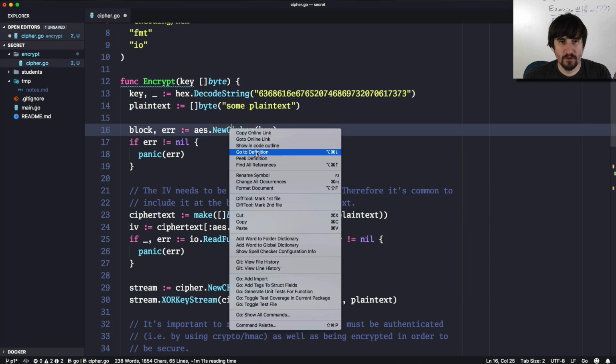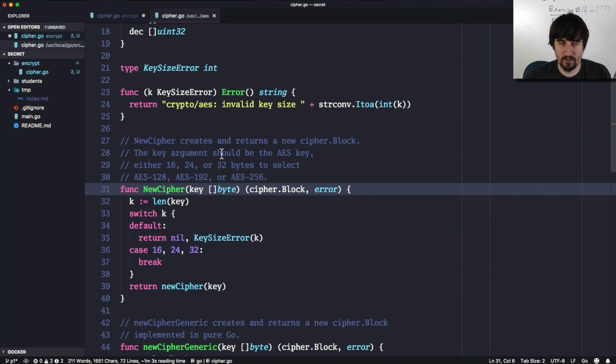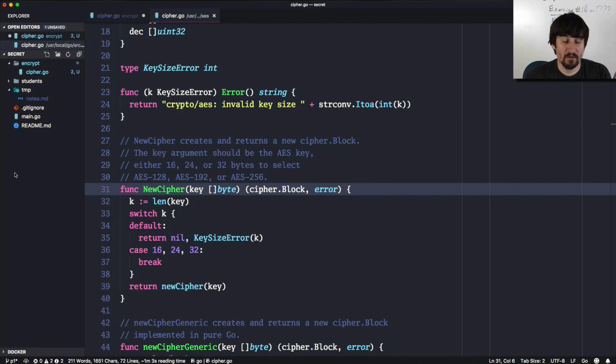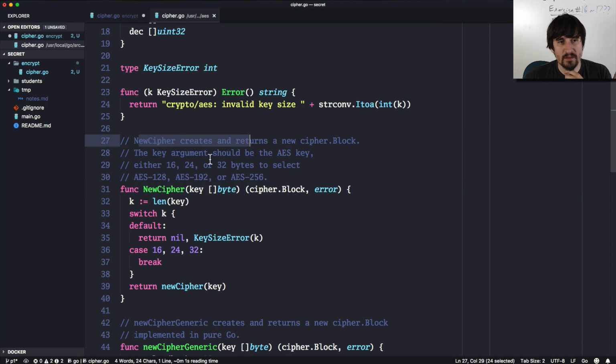I'm actually going to go to the definition, which will bring me to the code definition. I could have just gone to the standard docs that are here, and I could have read it right here. But I just wanted to show you that you can also jump to the code, at least in VS Code, and other editors, if you're in Atom or something else, a lot of those have tools to do stuff like this. So we can jump to this code, and you'll see here if we read this that it says that it's